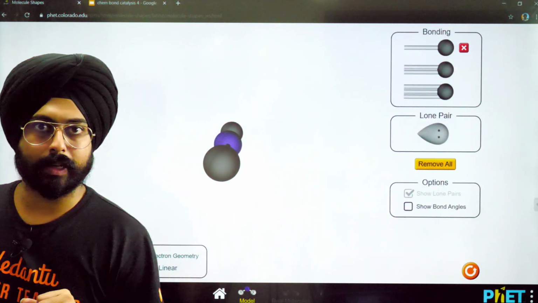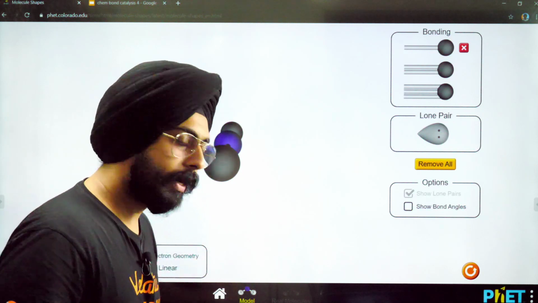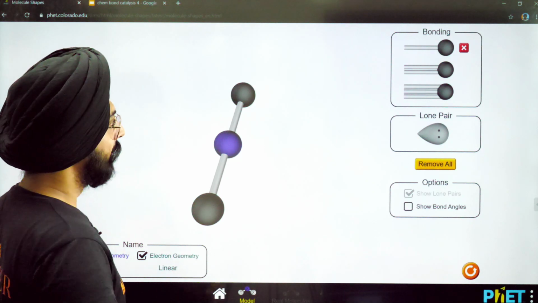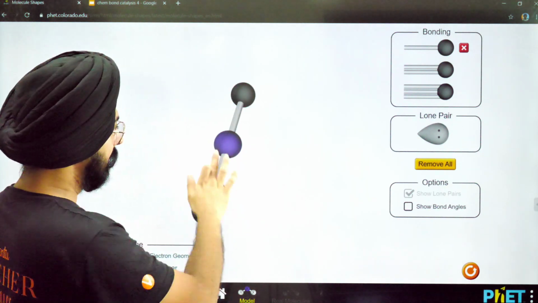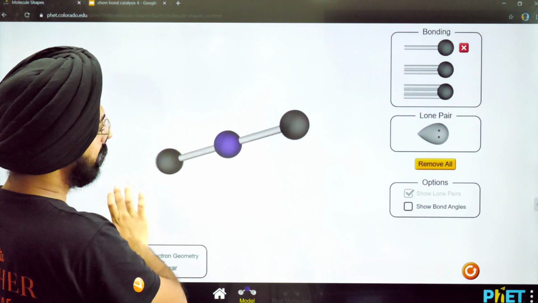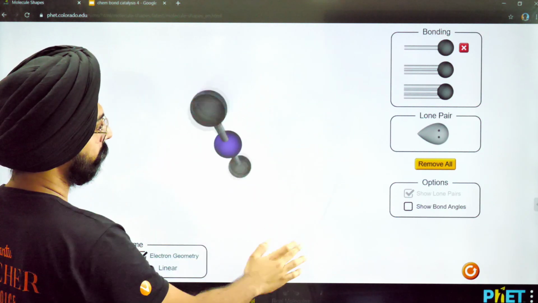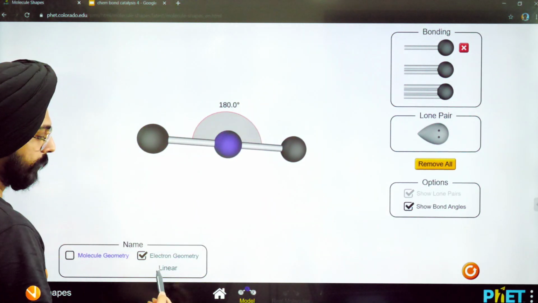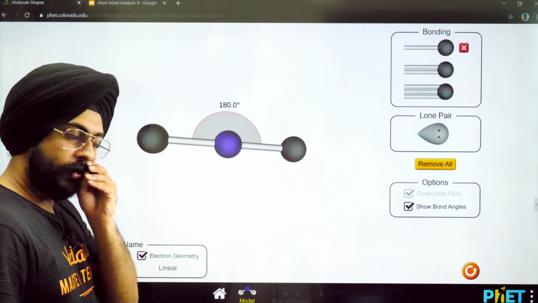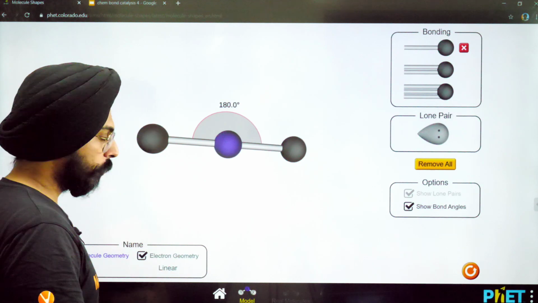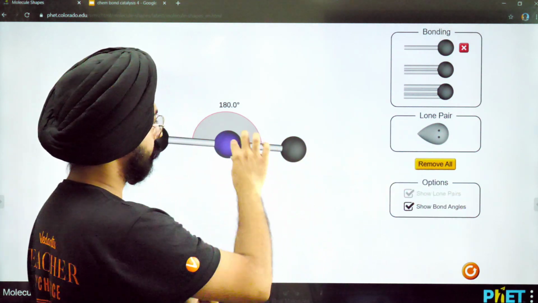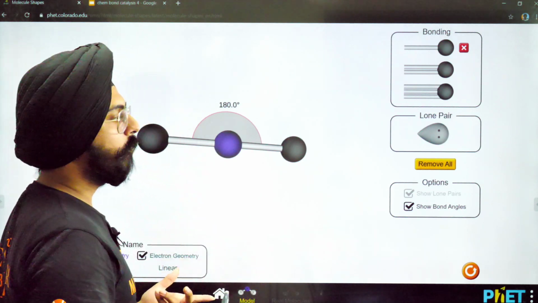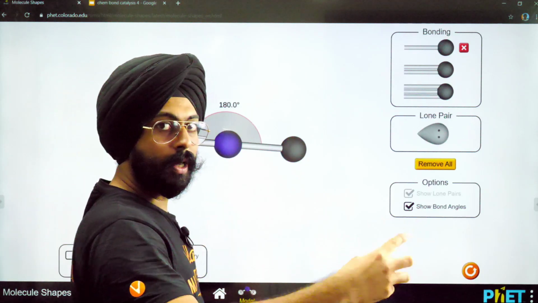The first structure that we did was beryllium chloride, BeCl2. This is what it is. 2 bond pairs, no lone pairs. This is what the structure looks like. Yeah, a linear structure. The bond angle is 180 degrees. The geometry is linear. Geometry क्या हो गई? Linear हो गई. How are the electrons arranged? Electrons are arranged in a linear fashion. Yes. Very nice.